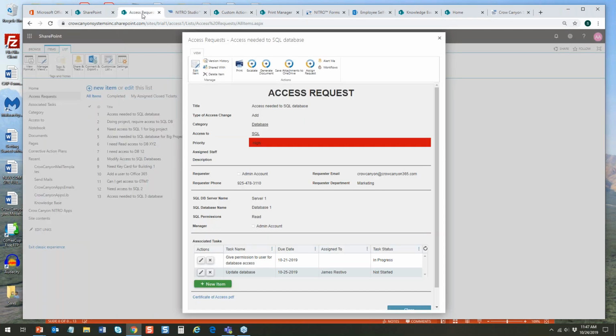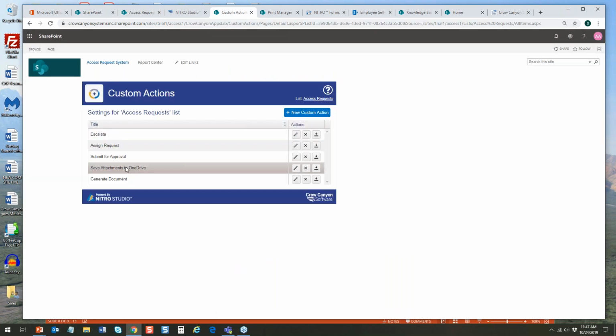If you look back here, there are escalate, generate document, save attachments to OneDrive, assign request. This corresponds to this list right here, except for one of them is not set to show up in the list ribbon. It's set up to show someplace else. So if we go to generate document, we can actually go in and generate